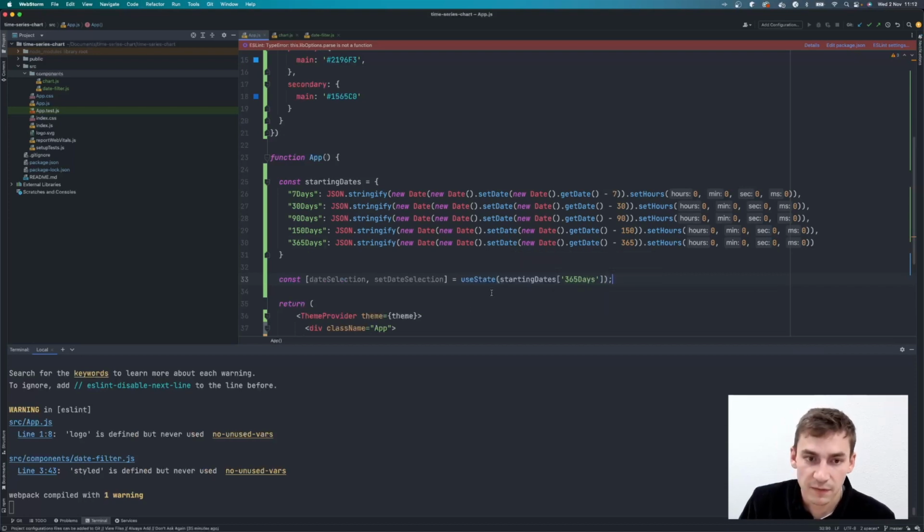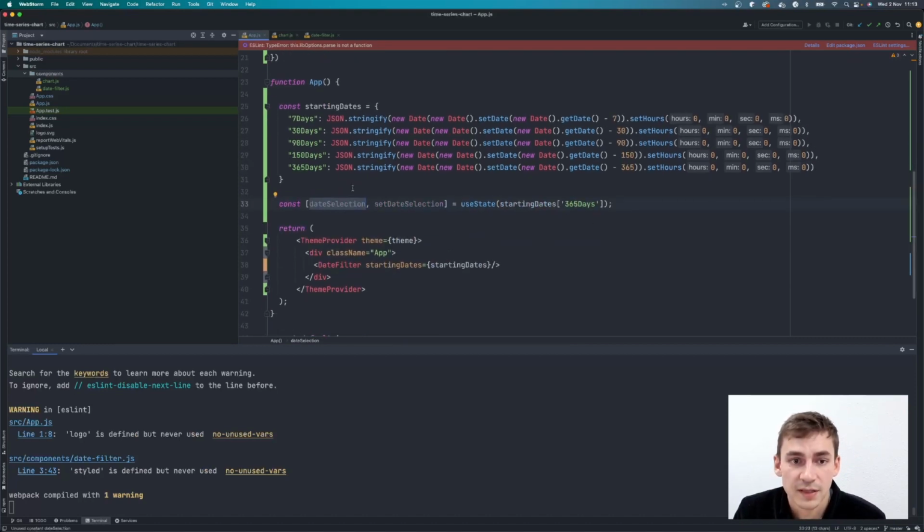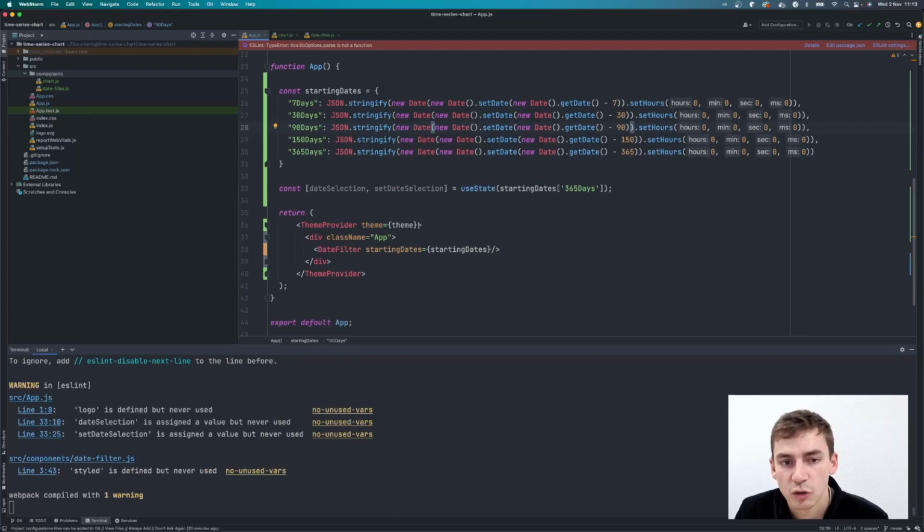So that means that we've now got our component state, which is represented by this date selection variable, and we've got our change handler set date selection, which causes this date selection variable to update. And we're using a default initial state of starting dates, 365 days. Brilliant. Okay, so this is all defined within the app component, but it's not being passed down to our